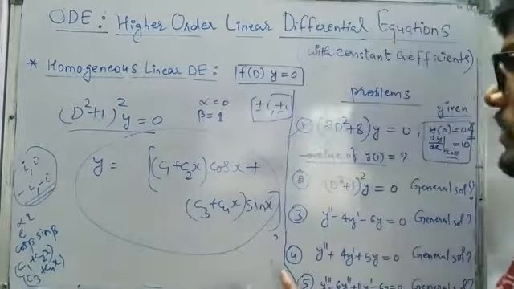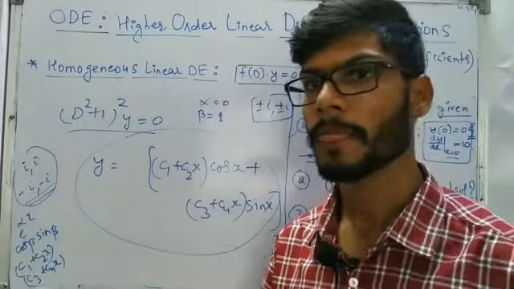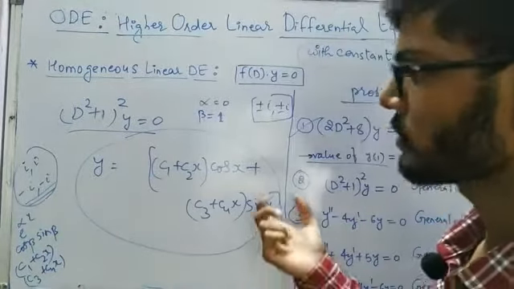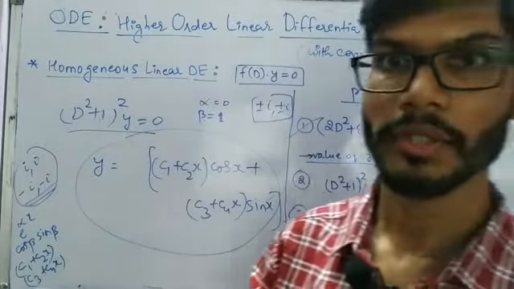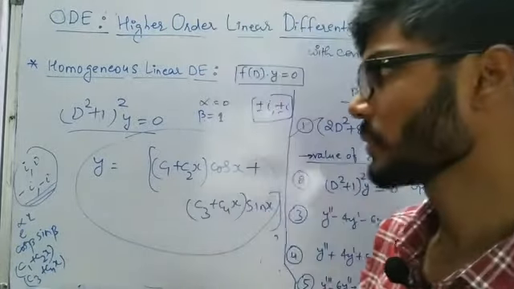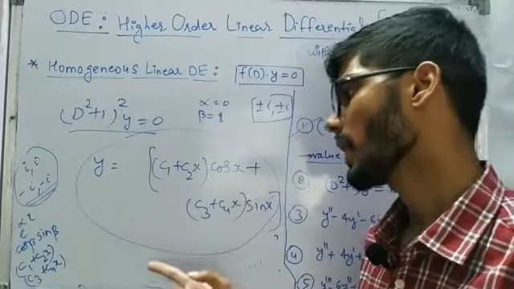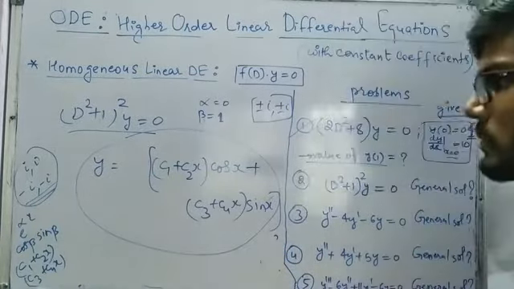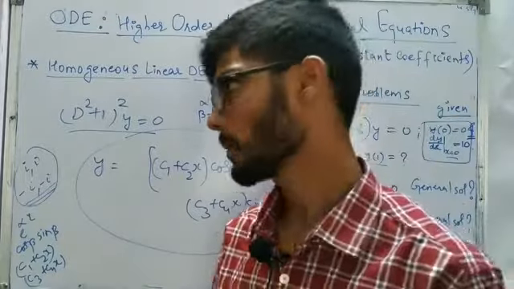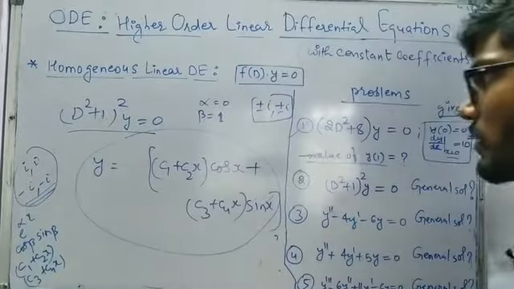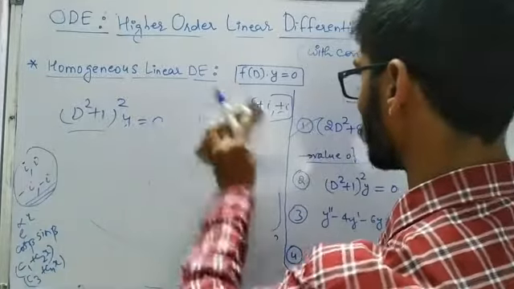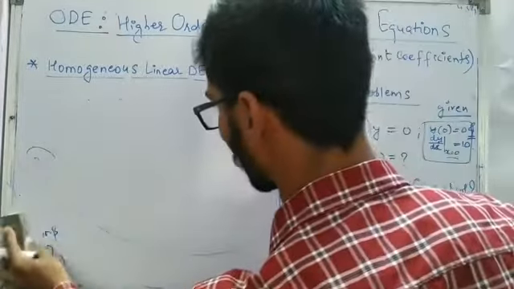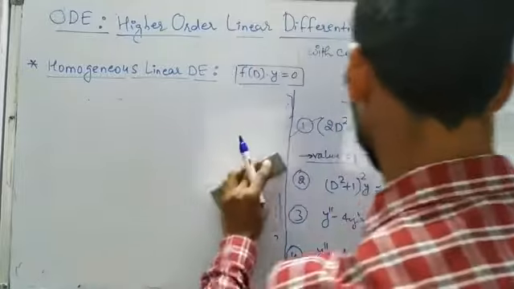So see, there is nothing much in it. You just have to be very confident while writing the solution, and keep the format in your mind, something like this only. Real roots mean exponential, complex roots mean exponential plus trigonometric, and irrational roots mean exponential plus hyperbolic function. If that kind of picture is in your mind, you will be able to write the solution very fast. So we have done 2 problems, and let us proceed further with more problems in a quick manner.